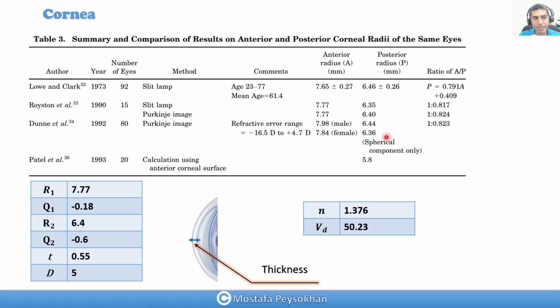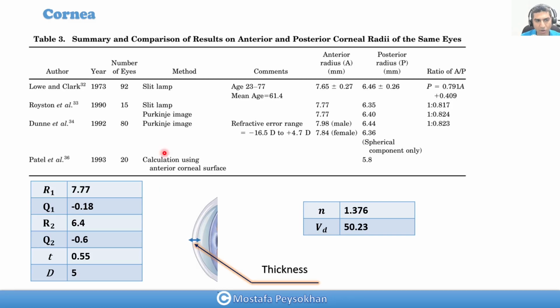So this is another paper that I found, for anterior and posterior corneal radii of the same eye, not right and left. The ratio is also, you can see, constant, and those are the number of the eyes. And you can see we have two surfaces. One of the papers that is very well known, and I see a lot of people refer to, is a paper from Liou and Brennan,